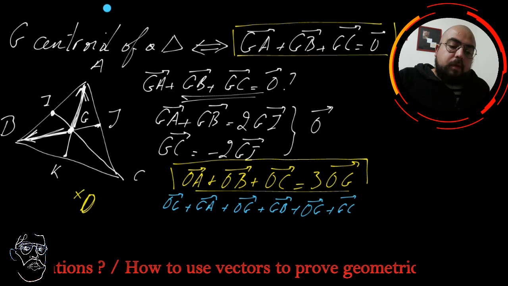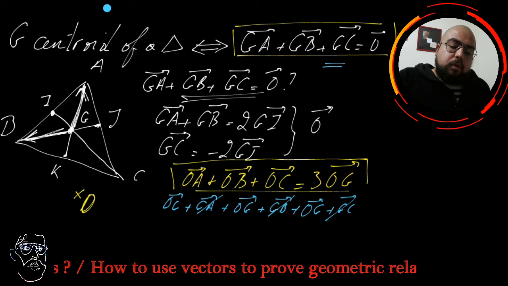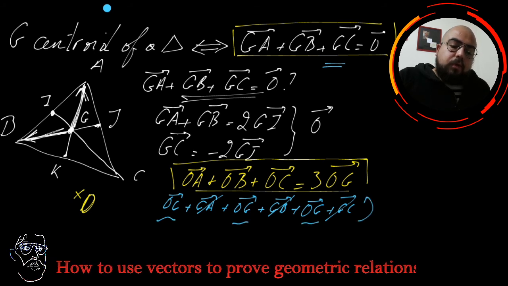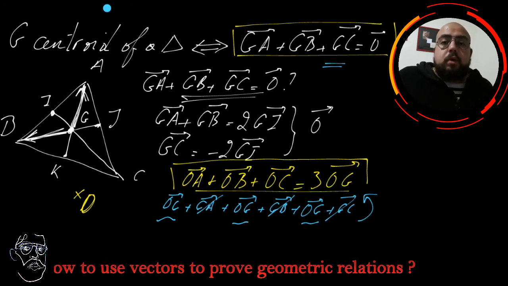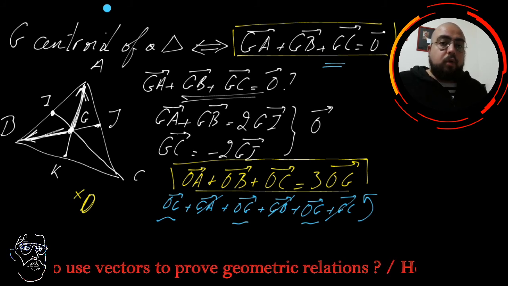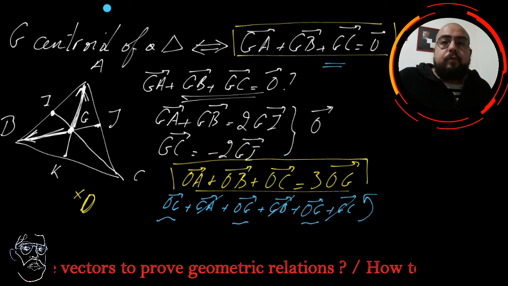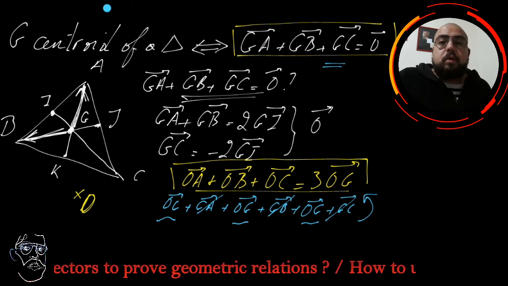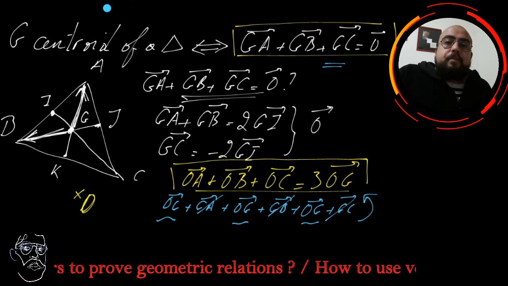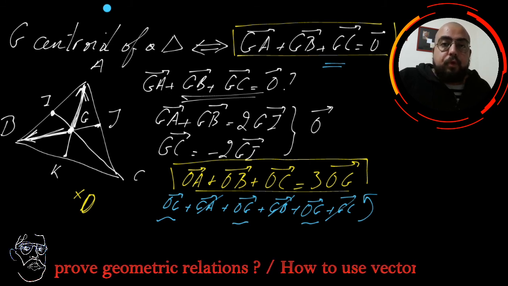So you know already from this relation that GA plus GB plus GC is equal to 0. Whatever remains is OG plus OG plus OG. So the resultant will be 3OG. Again, this relation could be used whenever you have G as the centroid of a triangle, and O any point. It could be a variable point from the plane. This relation could be used easily. That's all for this video related to the vectors and how they could be useful in order to prove some